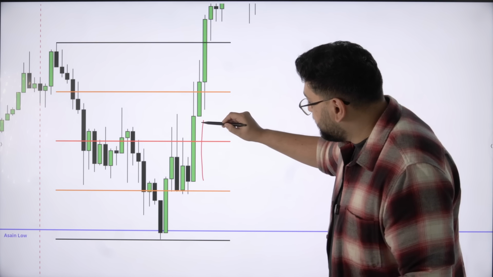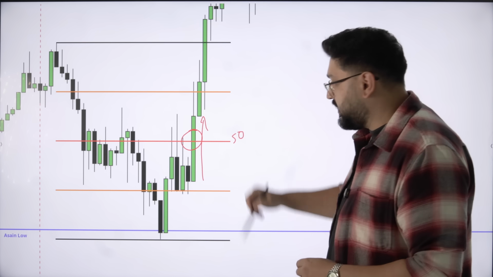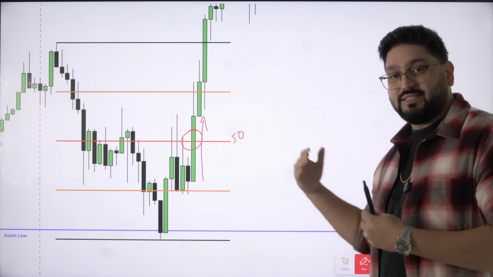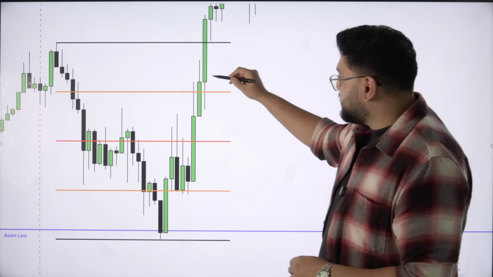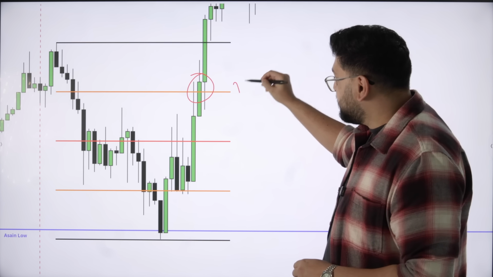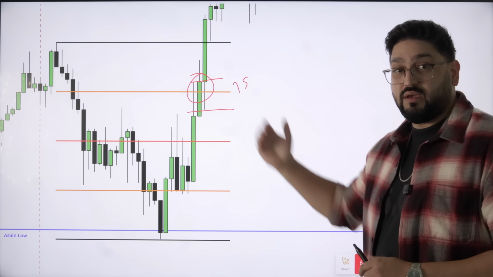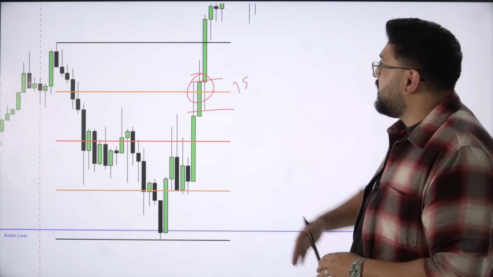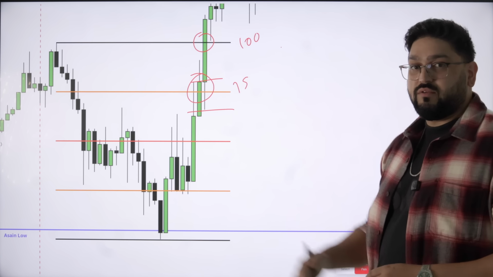We then see the next candle print closing through the 50 DRT level. Again, this indicates that price is going to run higher. Price again runs higher, closes through the 75 DRT level. Now note what's happening here. It's creating a balanced price range. And then we run and close through our dealing range high.